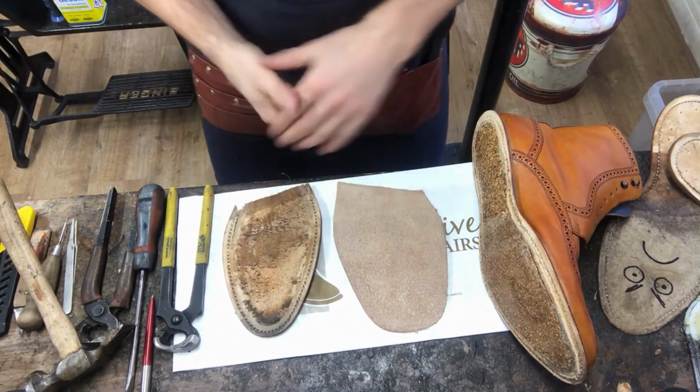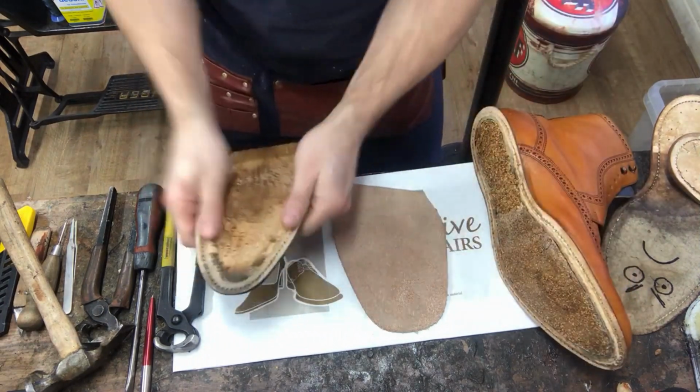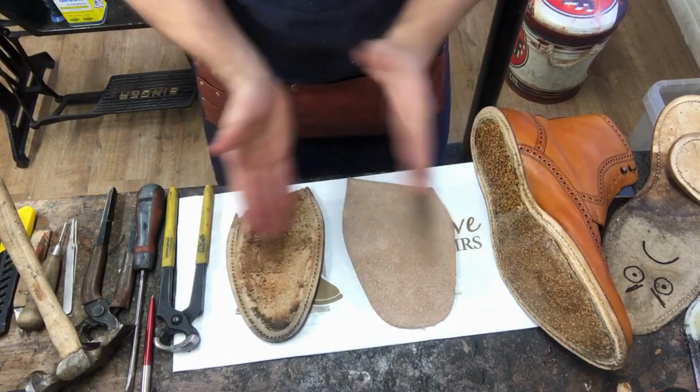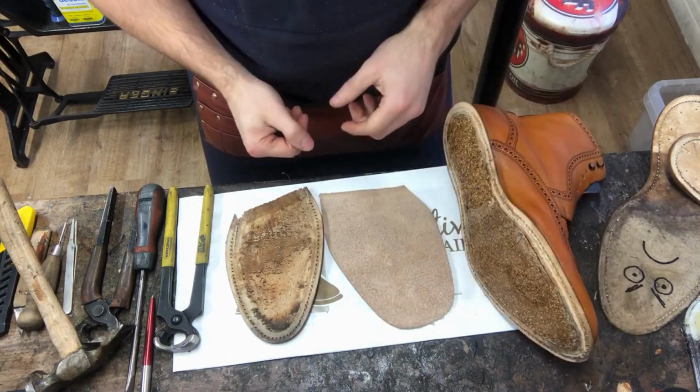Okay, so where are we up to? We've got our original boot sole prepared, and we've got to do the midsole. So here's our old midsole, and I've cut out a new fresh midsole. What we need to do is just apply some cement, some contact adhesive to the new midsole and the boot, and then get it all together. So